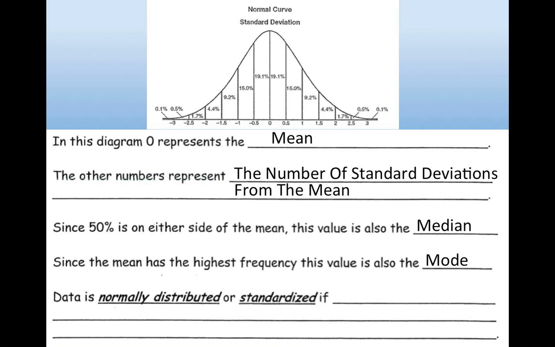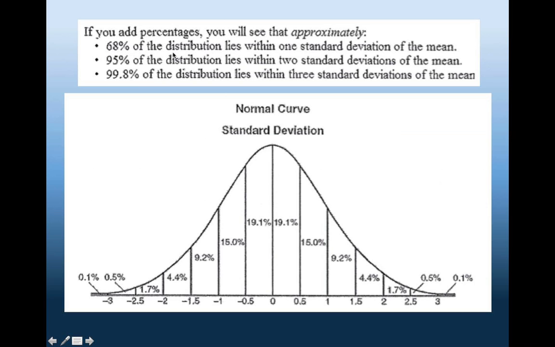Data is said to be normally distributed, or standardized is another word for it, if it is made to fit into this normal curve. So it takes the properties of this curve, which again is on your reference sheet, so you don't have to memorize this. If you add up the percentages, you'll see approximately